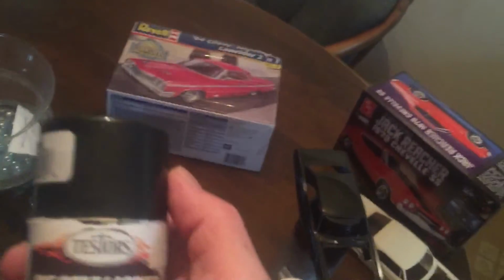And I am working on this Foose. Got it painted. Not ready to start on it, but I'm taking advantage of early morning low humidity here and doing a little painting. And I painted it with the one-shot lacquer